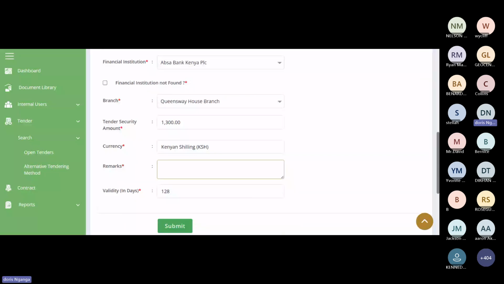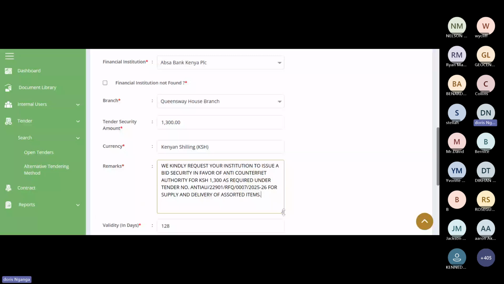So a remark can be, let's say, for example, my statement is, we kindly request your institution to issue a bid security in favor of Anti-Counterfeit Authority of Kenya shillings 1,300 as required under tender number. You give the tender number for supply and delivery of assorted items.